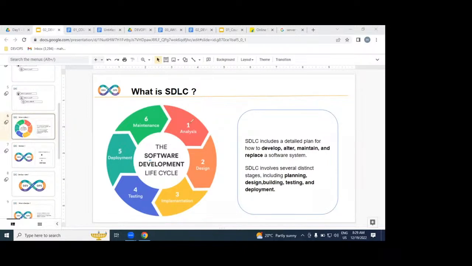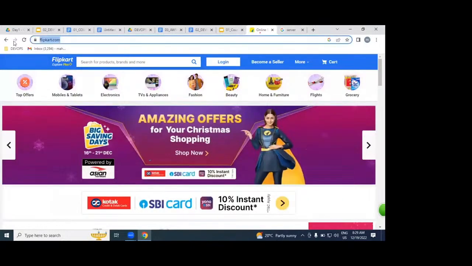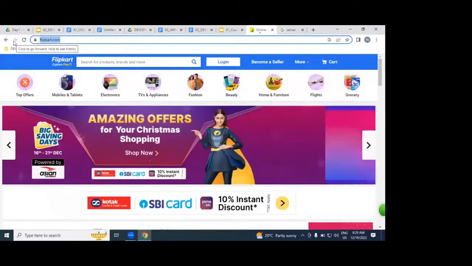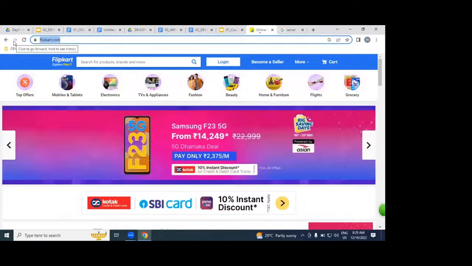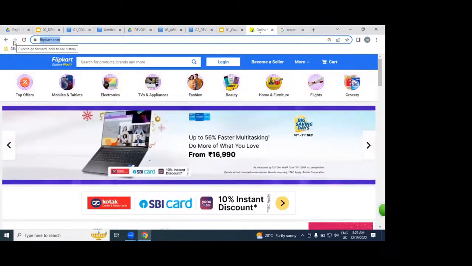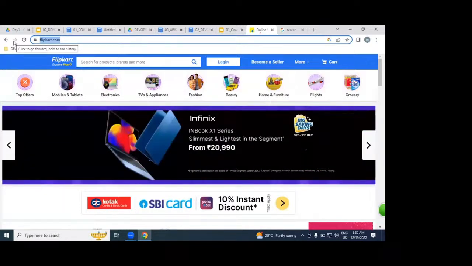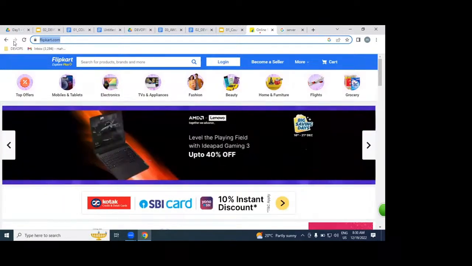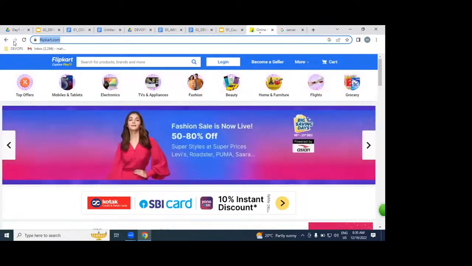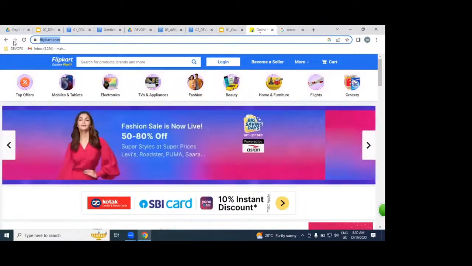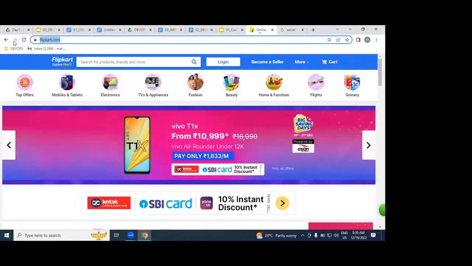For example, I want to build a Flipkart kind of application. Can we build this overnight, within a day? No, we can't. One more question: can you build an apartment overnight, within a day?